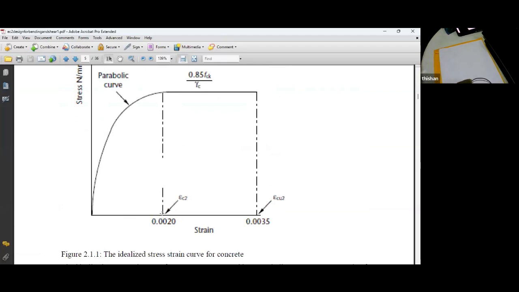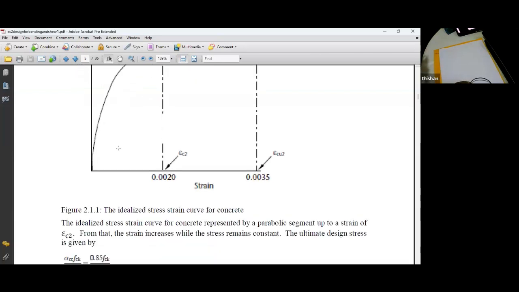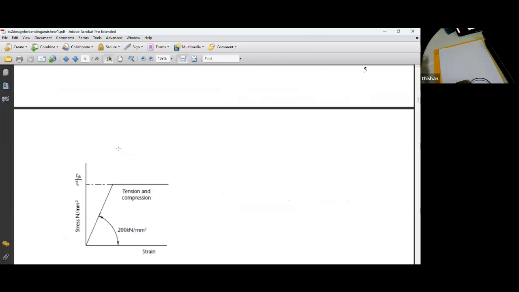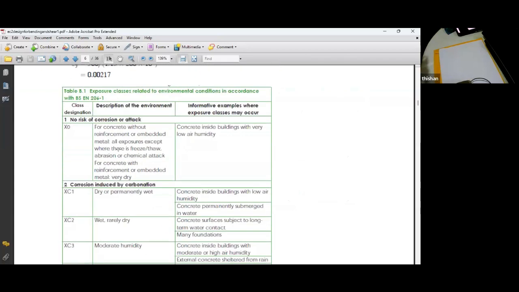The BS code did not talk anything about 60 megapascal, so this was okay. But Eurocodes go up to 105 megapascal cube strength or 90 megapascal cylinder strength. So these values will change. So just keep it in mind. Don't use the same equation without worry. So you have to be concerned about it. Then we have these